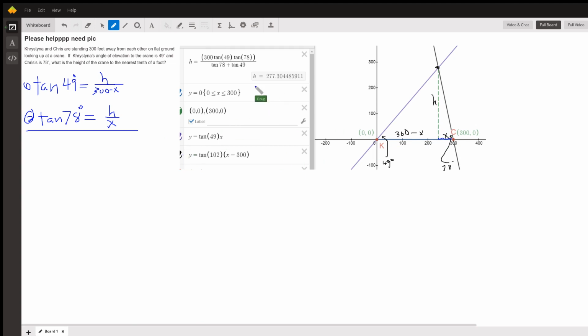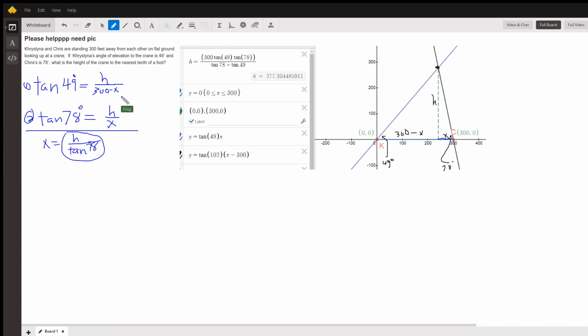Now, since we want to solve for h, we could isolate or find the value of x in terms of h and substitute into the other equation. So I'm going to solve equation number 2 for x, and that's going to give us x equals h divided by the tangent of 78. Hopefully you can see that. And I'm going to dispense with using degrees for the rest of this. Now I'm going to substitute this expression